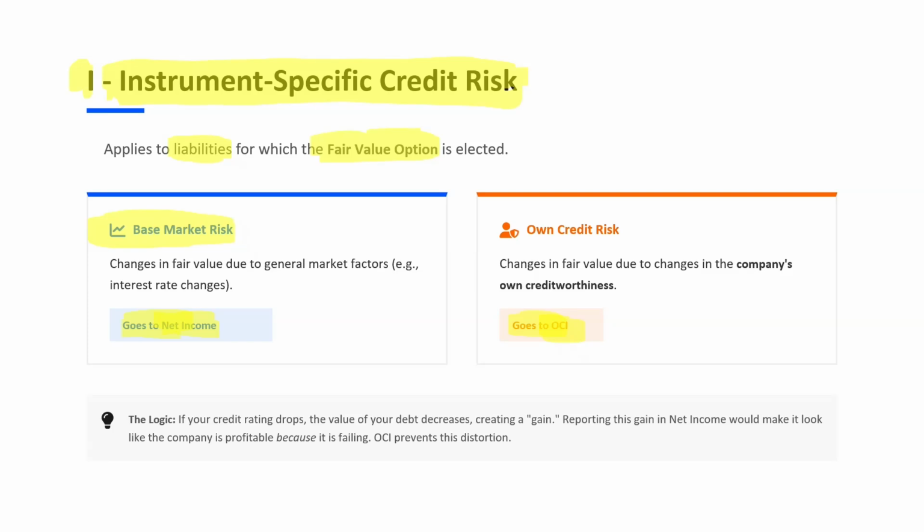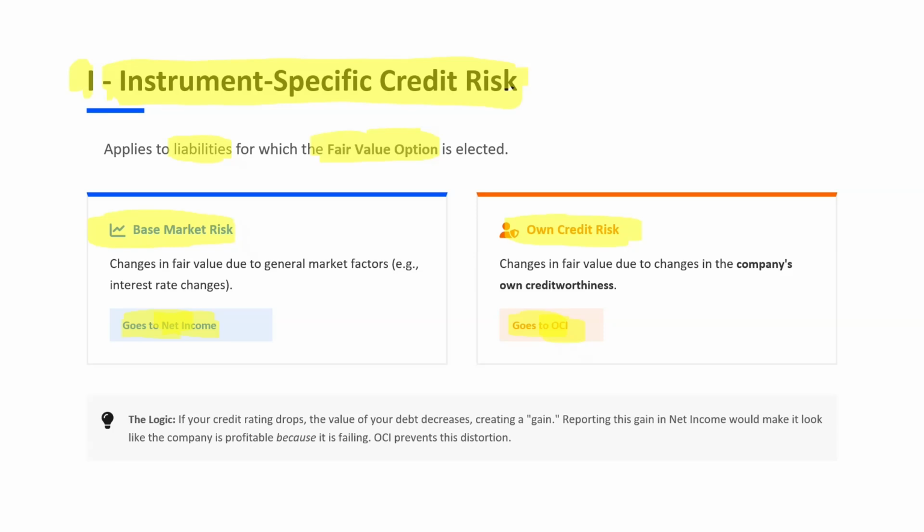However, if there are changes based on the company's credit risk, then that goes to other comprehensive income. So what I mean by that, maybe the company was in a very good situation. I can give an example. Before the AI boom, I remember there were some websites that could find information. You would pay them money. I think there were some websites that would even do your homework, and you would pay money for them, and